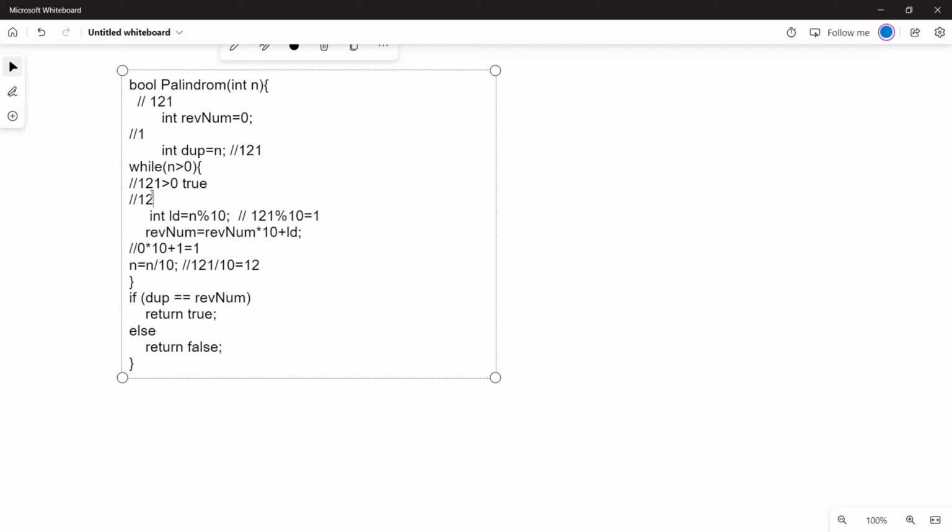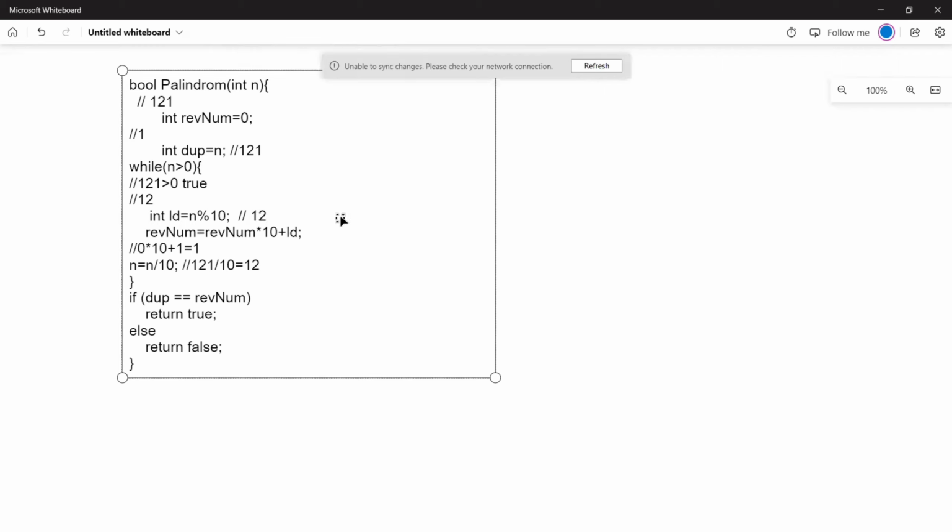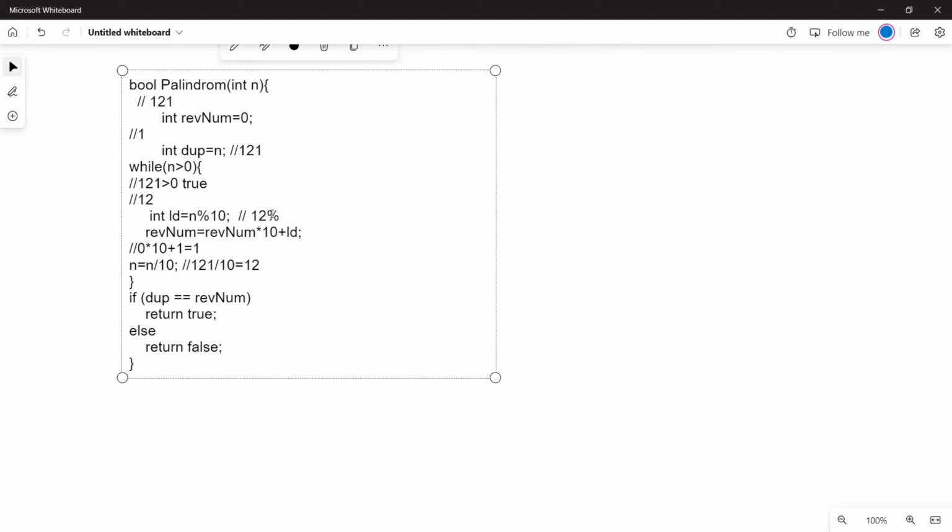N equals 12. So 12 modulo 10 equals 2. Again we calculate the reverse num. What is the value of reverse num? Now reverse num is equal to 1. So 1 into 10 plus the last digit, which equals 2.